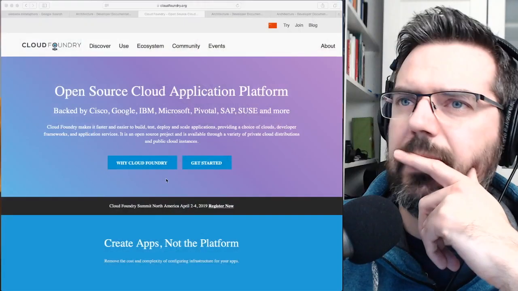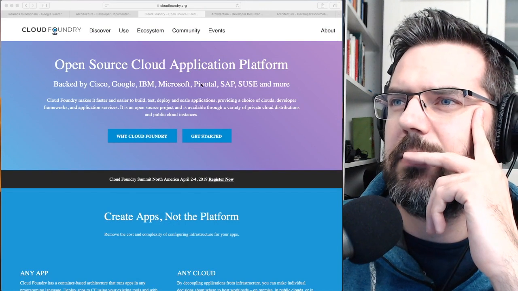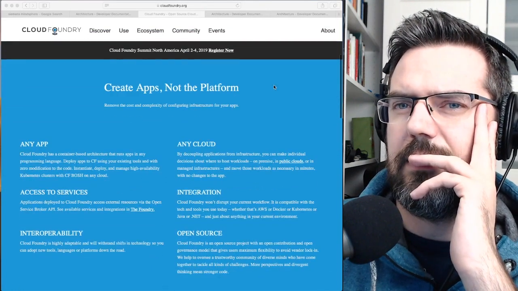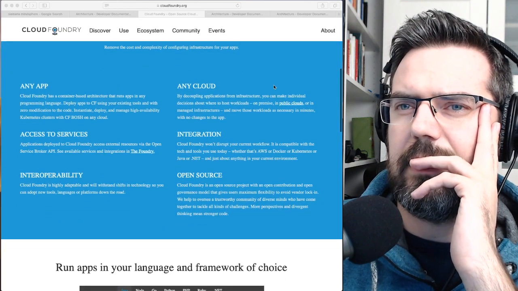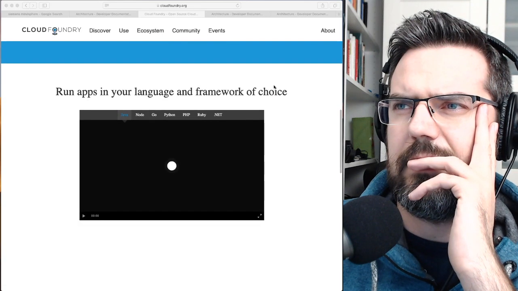Okay, I'm back. So, open source cloud application platform backed by Cisco, Google, Microsoft, Pivotal, SAP, SUSE, and more. Cloud Foundry, any app, access to services. Okay.